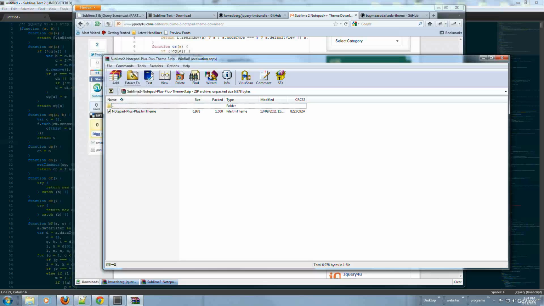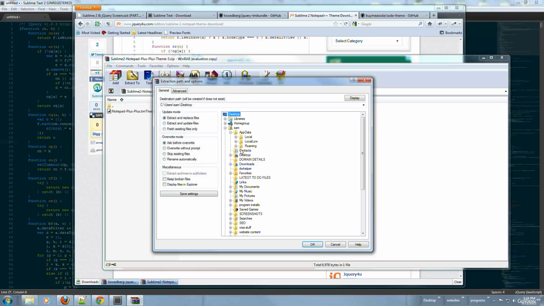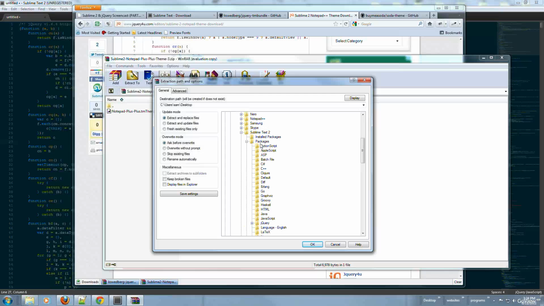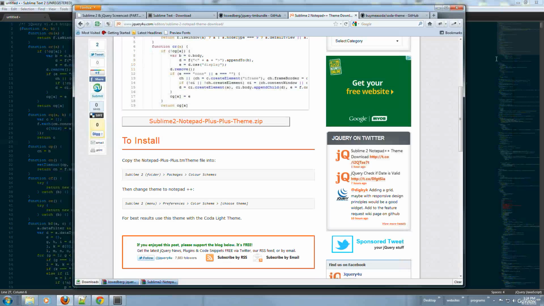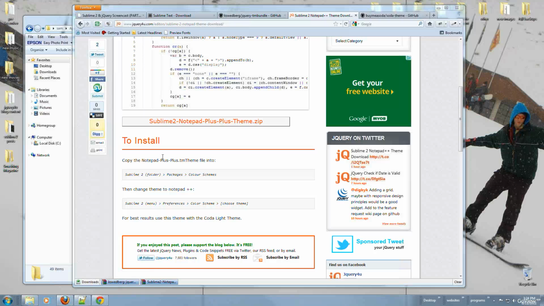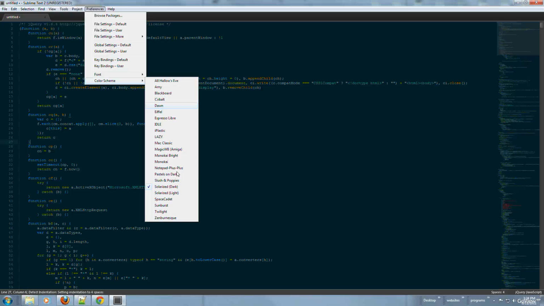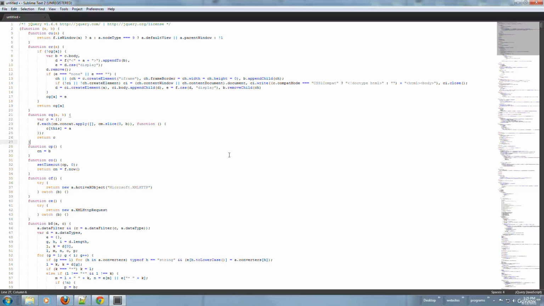If we extract this theme to the same app data folder, Sublime Text 2, Packages, Color Schemes Default. Now if we reload Sublime 2, we can choose Preferences, Color Scheme, Notepad++. As you can see, there's still a dark background at the top. To make this lighter,